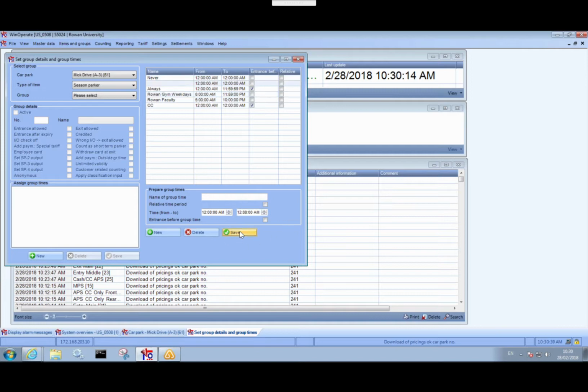and save. Now, if you don't care if that customer comes in well before 6 a.m., you can click entrance before group time. It'll allow them to enter whenever. They can leave within that group time. I'm going to keep them within the group time there for now for this group, and I'm also going to make a Rowan Gym